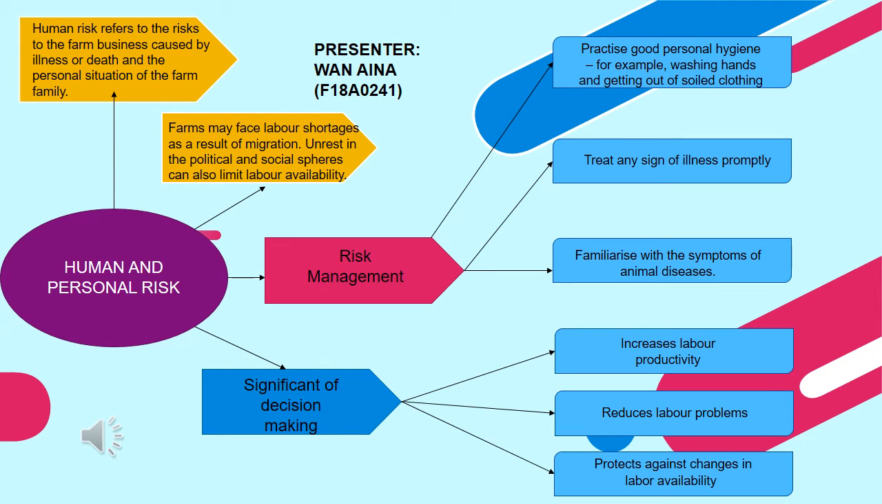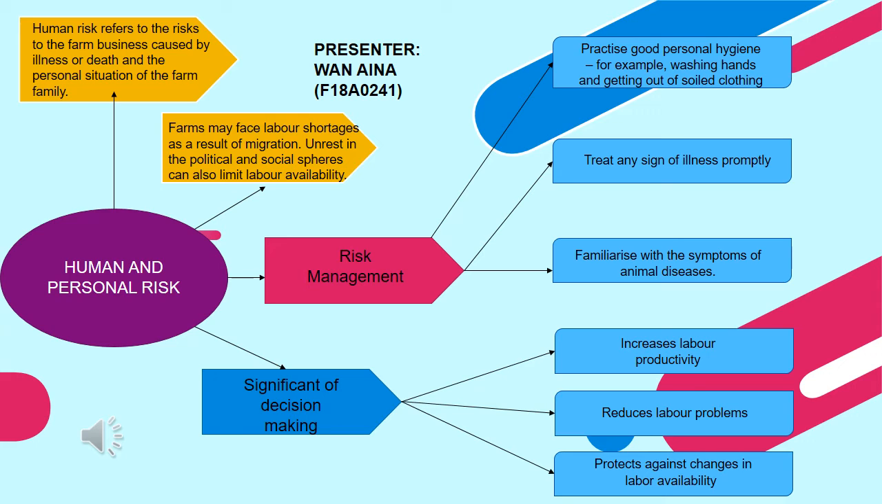For human and personal risk, human risk refers to the risk to the farm business caused by illness or death and the personal situation of the farm family. Farms may also face labor shortage as a result of migration. Unrest in the political and social spheres can also limit labor availability. For example, in some areas, the spread of HIV or AIDS has had a significant impact on labor availability and